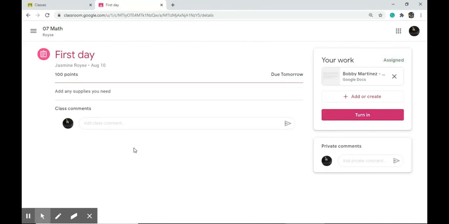Let me show you the assignment page. Right here are his instructions. Add all the supplies, or add any supplies you need. Then he's got 100 points this is worth. Here's the due date. Right here, he can put class comments. So, hey, maybe he's not sure if he's going to need whiteboard markers or not. He can say,